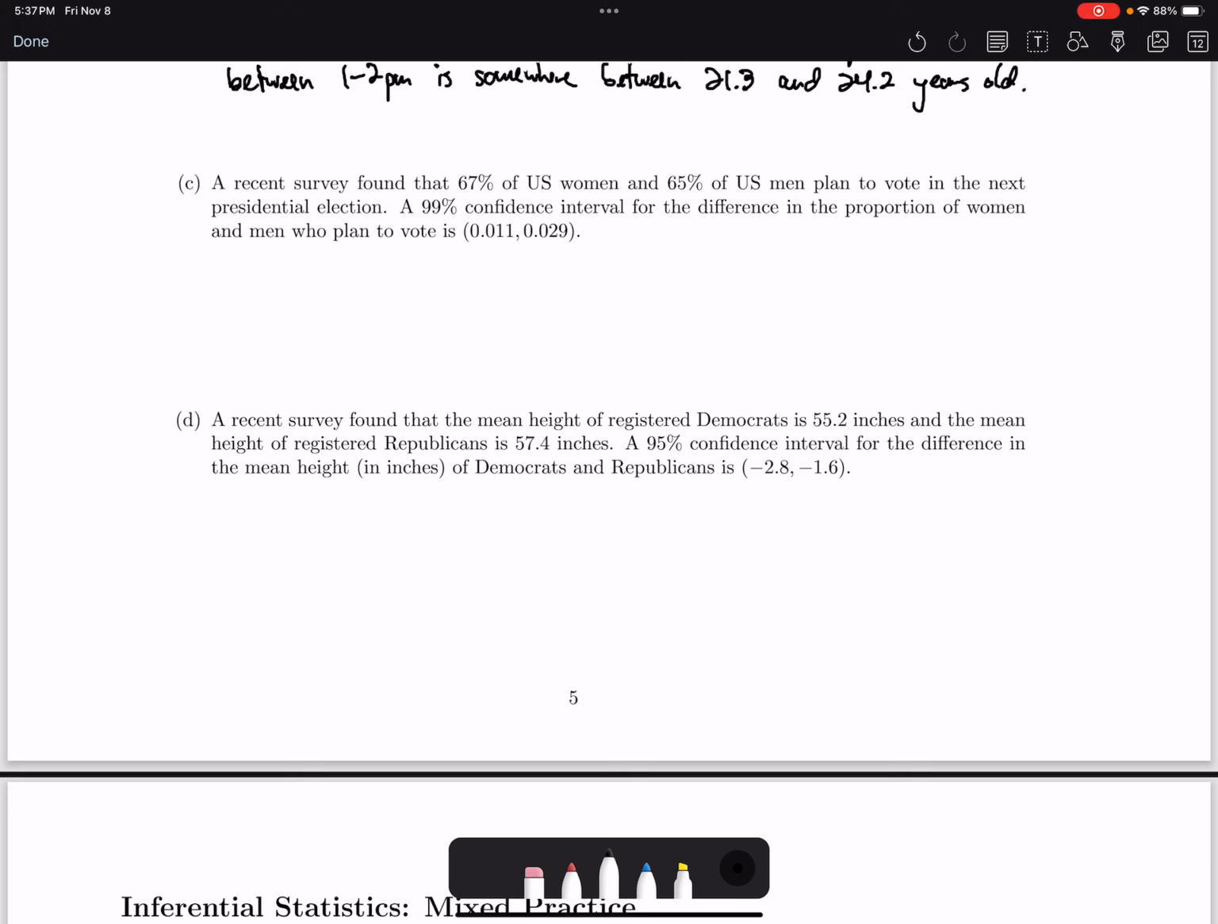All right. So we are 99% sure that there will be somewhere between,